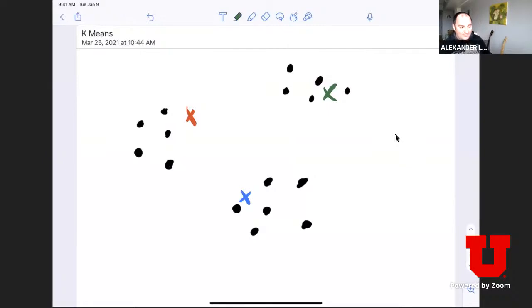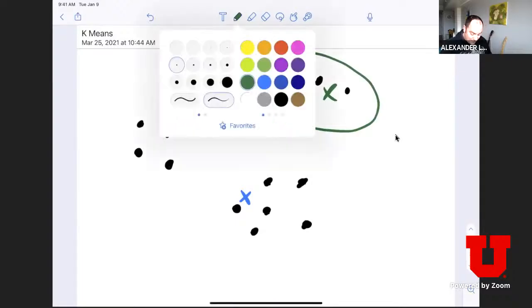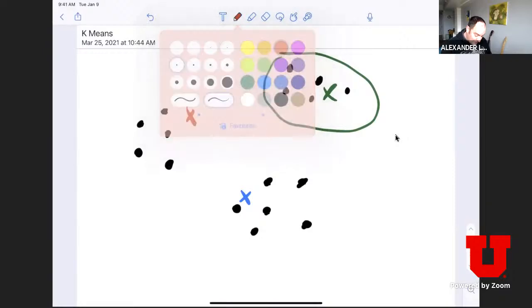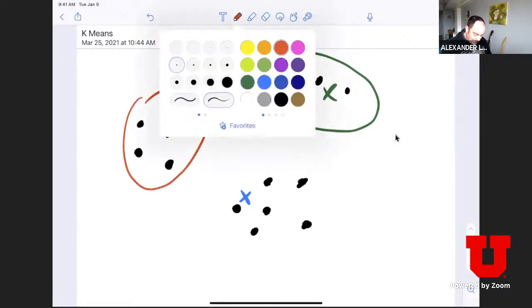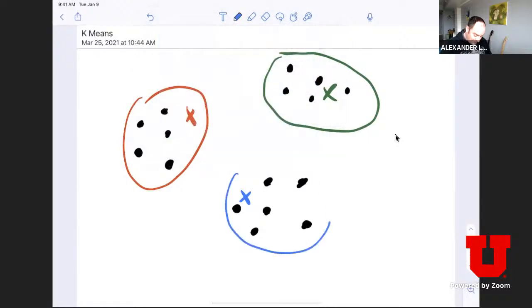And now I'm again assigning each point to its closest centroid. In this case, we have probably arrived at a good solution. All of the points in here are closest to the green x, all of the points in here are closest to the red x, and all of the points over here are closest to the blue x. And then in one other step, I would